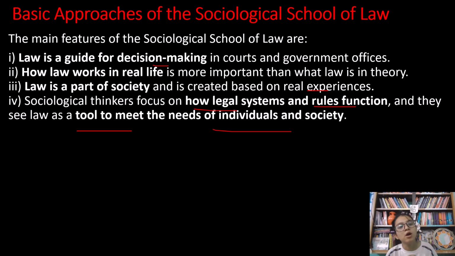So this is all about what the sociological school is, why it is also known as the functional school, and what its key exponents are, be it Roscoe Pound. Roscoe Pound has another important theory, which is social engineering, which also has great importance in jurisprudence. So in today's video, we have tried to cover all necessary information relating to the sociological school of law.